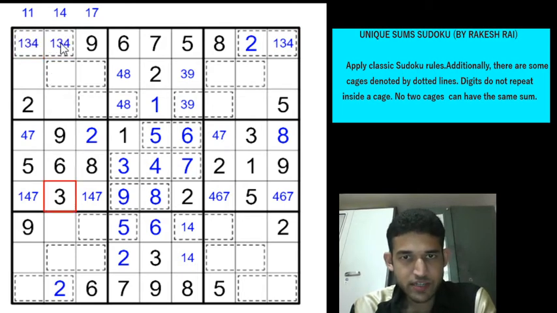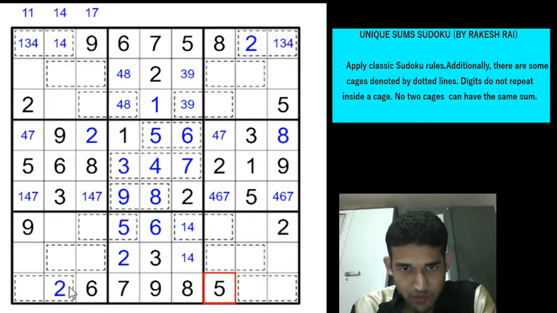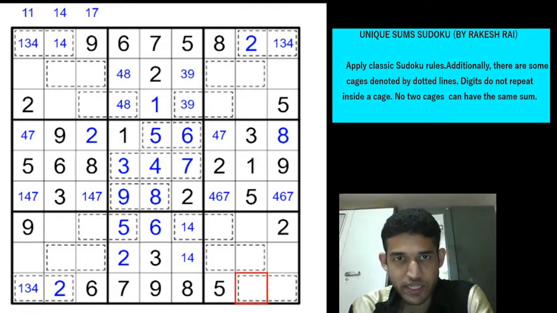But there is a 3 here, so this is going to be a 1 or a 4. And we do the same process for row 9. 2, 6, 7, 5, 8, 9 have been placed. 1, 3, 4 are yet to be placed, so this will be 1, 3, 4. This is going to be, okay, 1 and 3 is in column 8, so this will be a 4 now, straight away. And this will be 1 and 3.